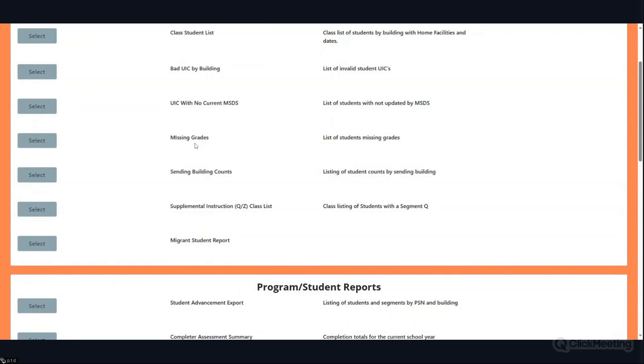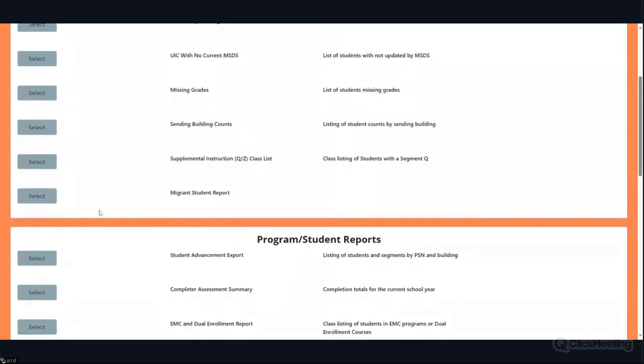Missing grades is another report that you can use if you want to do reviews going forward. Again, checking off all of the tasks for the spring. You want to make sure that you have your courses in. You want to make sure that you have your students in. All of their UICs are correct. And there's records in the MSDS. You want to make sure that your students are tied to courses. And all of that information is what you're doing in this particular period up into the next